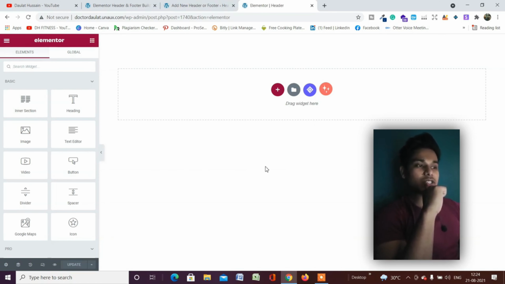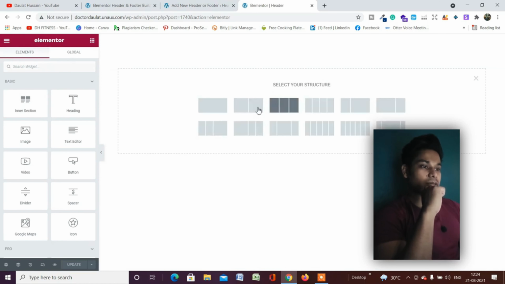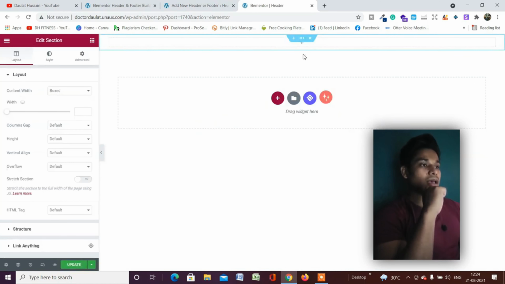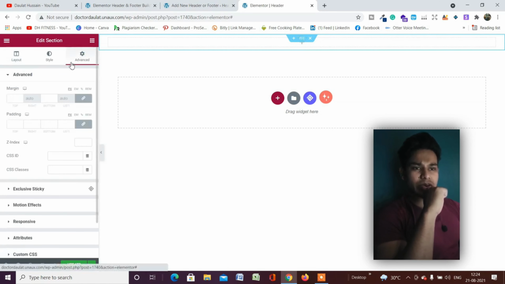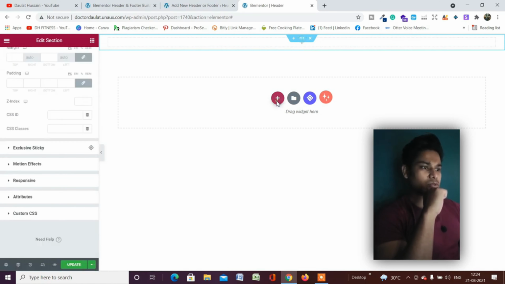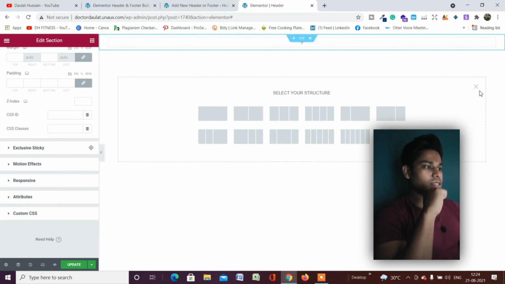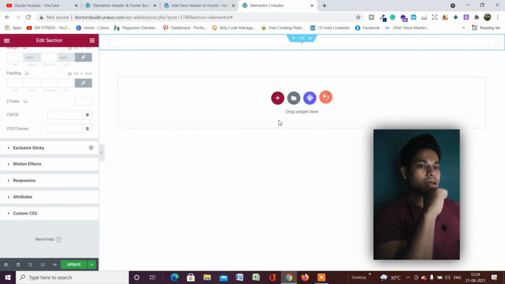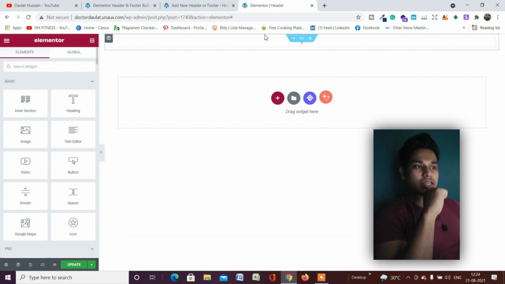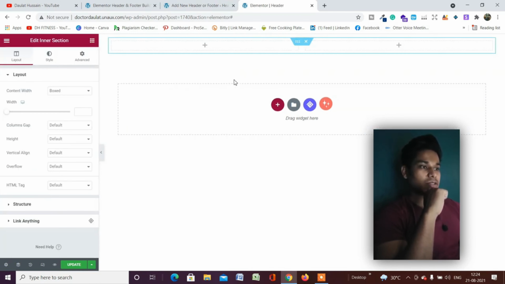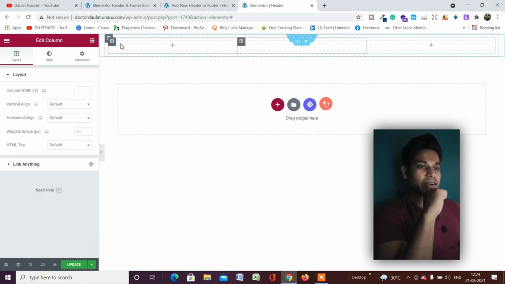So to design the header section, all we have to do, simply click on this plus icon, select container 1, and just click here and go to advanced, just let it be like that. So simply click on no, just cut this section. Now we have to add an inner section to this main container. Just come to this section, and this looks good. We're going to divide this container into 4 sections. Simply divide that,